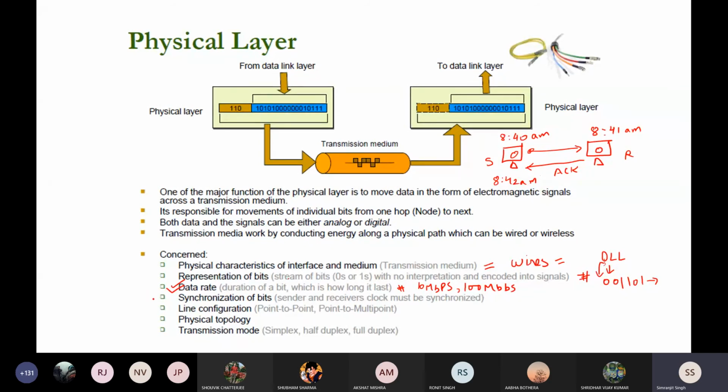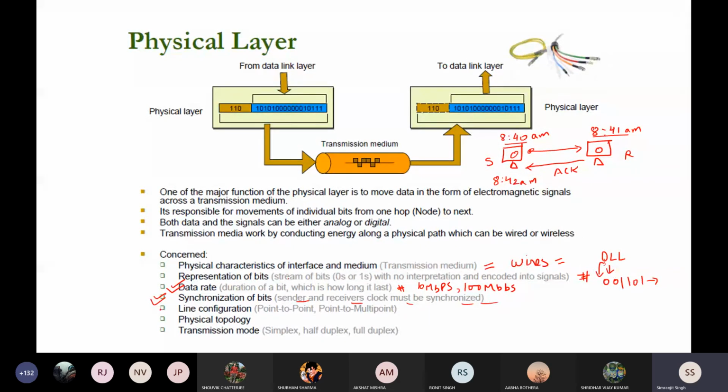So the synchronization of bits means that the sender and receiver clocks must be synchronized. If I send the packet at 8:40 a.m., I know that at most by 8:41 a.m. it will reach the receiver, and the receiver will send me the acknowledgement that it has received the message at most by 8:42 a.m.